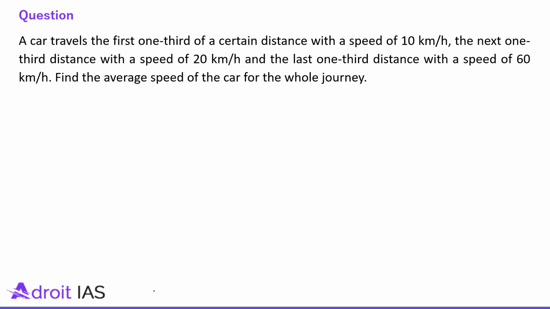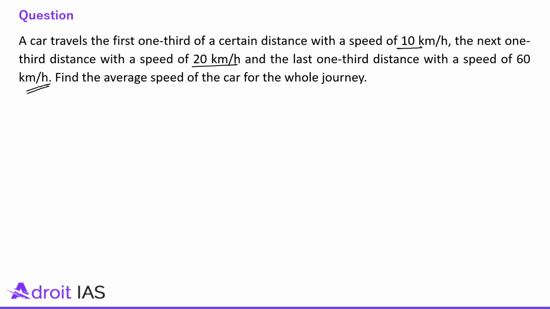The question says a car travels the first 1/3 of a certain distance with the speed of 10 kilometers per hour, the next 1/3 distance with the speed of 20 kilometers per hour, and the last 1/3 distance with the speed of 60 kilometers per hour. Find the average speed of the car for the whole journey. See, this question obviously belongs to average speed, and it is the same kind of question as